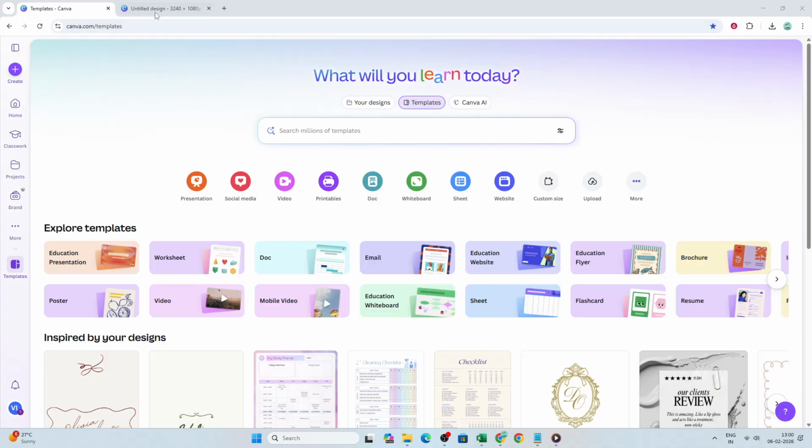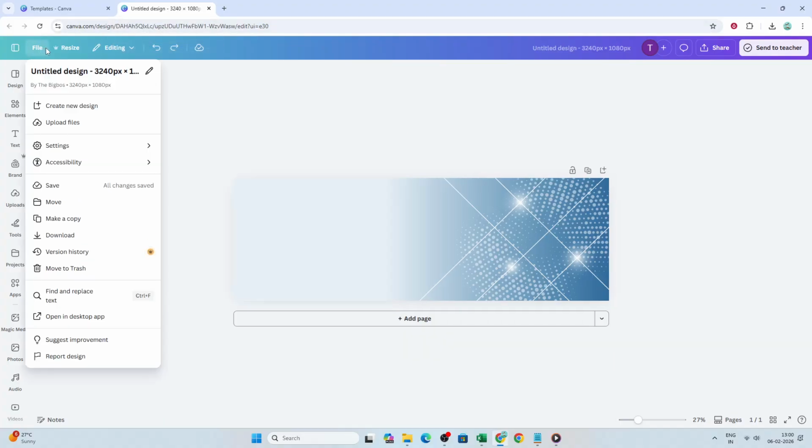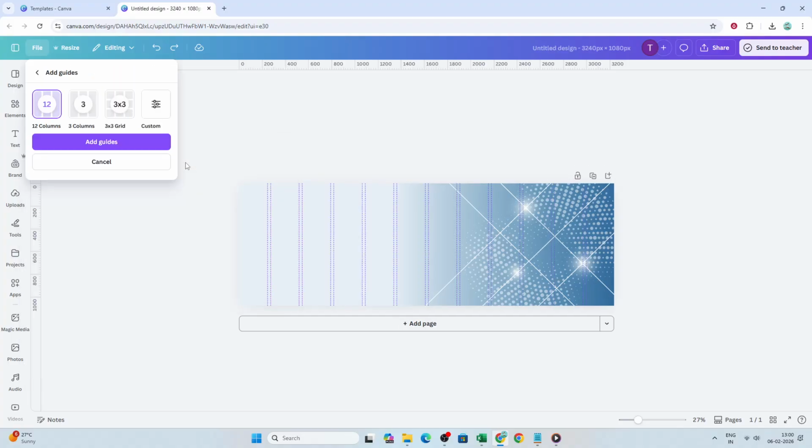Start by opening your design in Canva. With your project on the screen, go to File in the top left corner. Then choose View Settings and click Add Guides. This is where Canva gives you quick presets if you want a fast layout. You'll see options like 12 columns, 6 columns, or a simple 3x3 grid. Presets are great for common layouts, especially if you are working on web or social designs and need a consistent